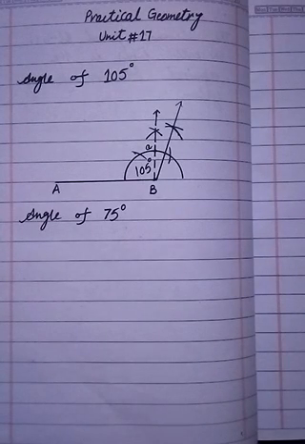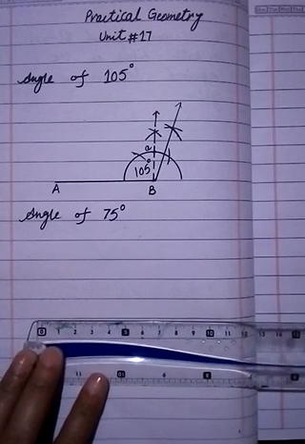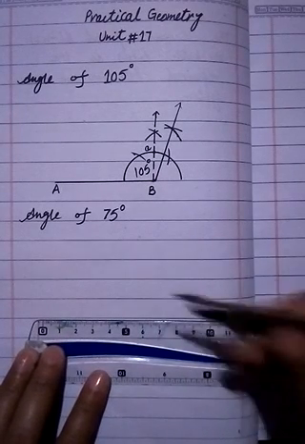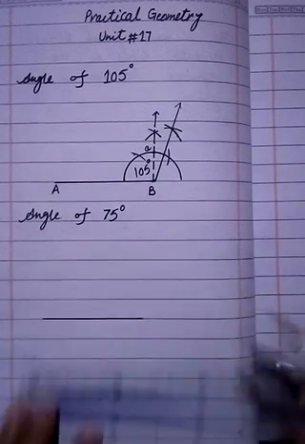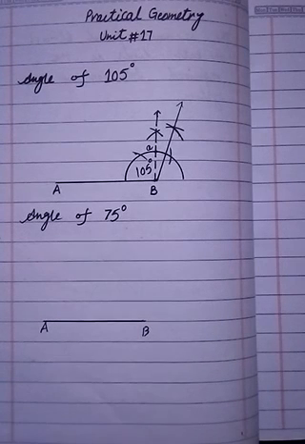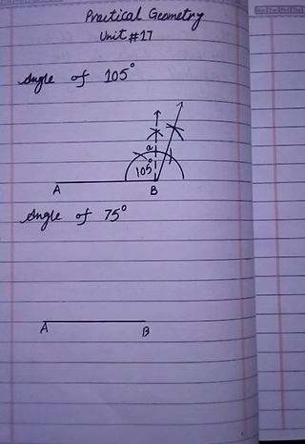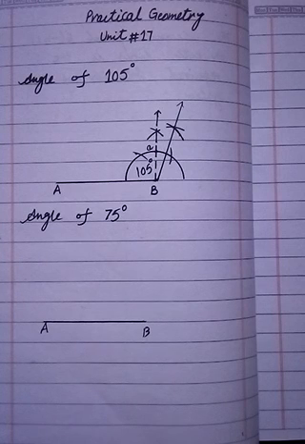Now, you have to draw again a line of 6 centimeter, or you can draw a line freehand also. It's your own choice. Now, from 0 to 6 centimeter. Now, named as A and B. Now, you have to construct the angle of 75 degree. Now, if you take 15 less from 75, then you get 60 degree. Now, if you add 15 to 75, then you get 90 degree. It means you will draw the angle of 75 degree with the help of 60 and 90 degree.